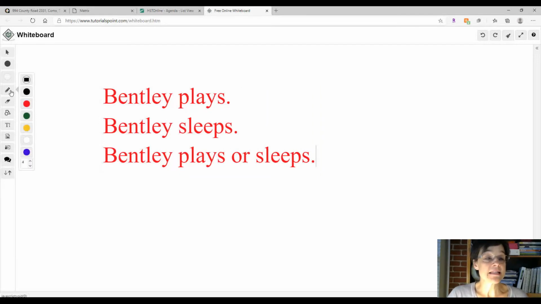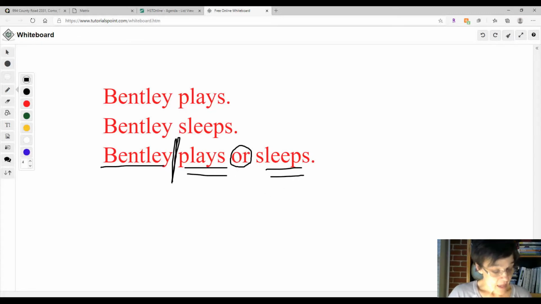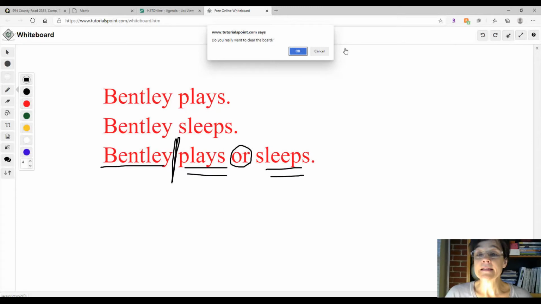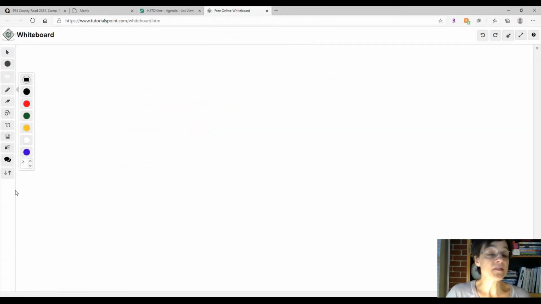So our sentence then, this is our verb, but it's a compound verb. There's two of them, and it's conjoined by the conjunction or. We just have one subject, but we have a compound predicate. There's two of them. Now, the other thing that we can learn is we can do the same thing with a sentence, with a compound sentence. And I think I showed you that at the beginning of the lesson